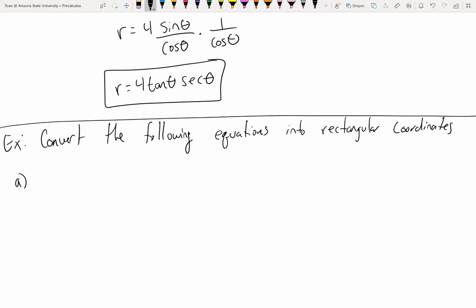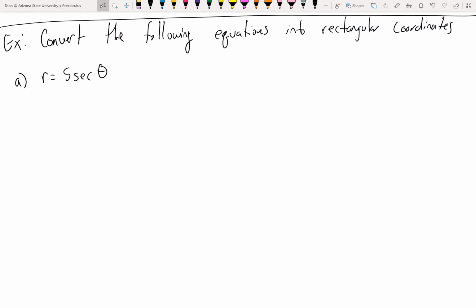So the first one, suppose I asked you to convert r equals 5 secant of theta. Now remember, your goal is to connect. Sorry, let me just go ahead. It's important enough that I'll rewrite it. So the idea is you want to create